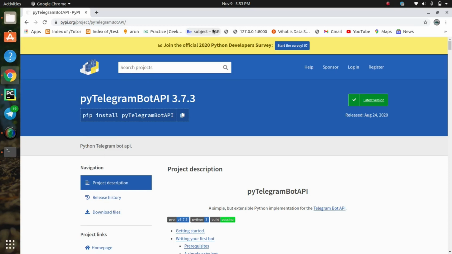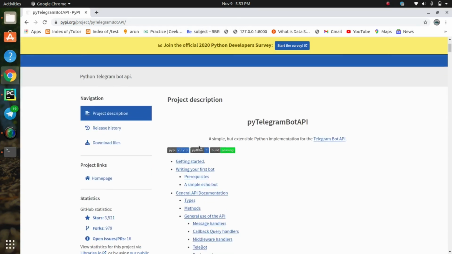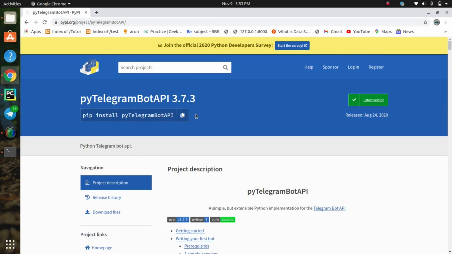In this video we are going to learn how to create a Telegram bot using Python. Actually, this is a basic step to create a Telegram bot. Using this bot we can do many functions in Telegram. And in this video I am going to show you how to set up and how to send a simple message using that bot. So this is the agenda of this video. Let's start to code.